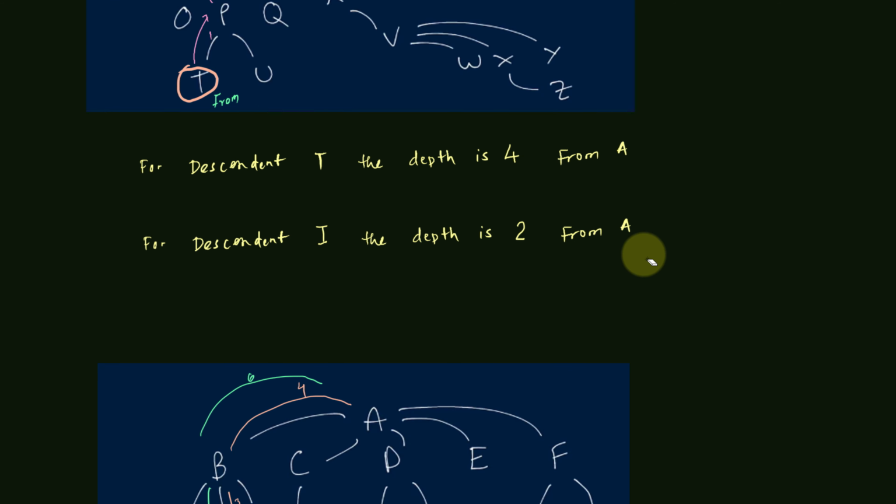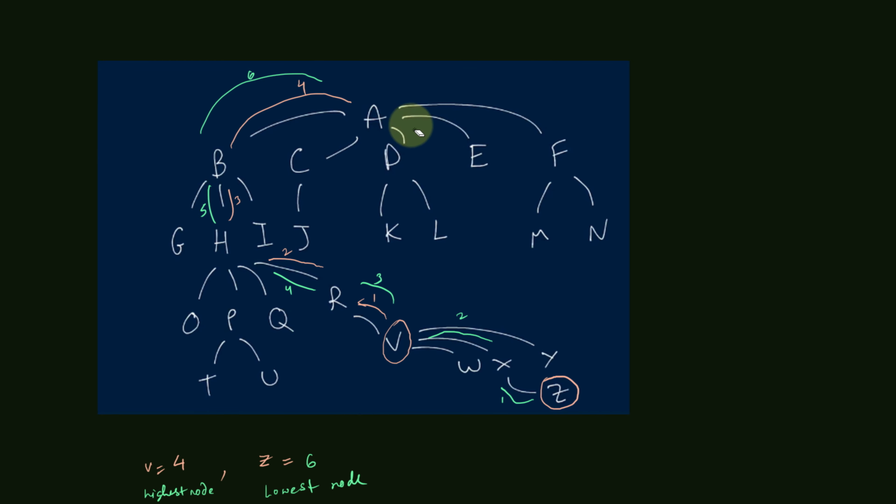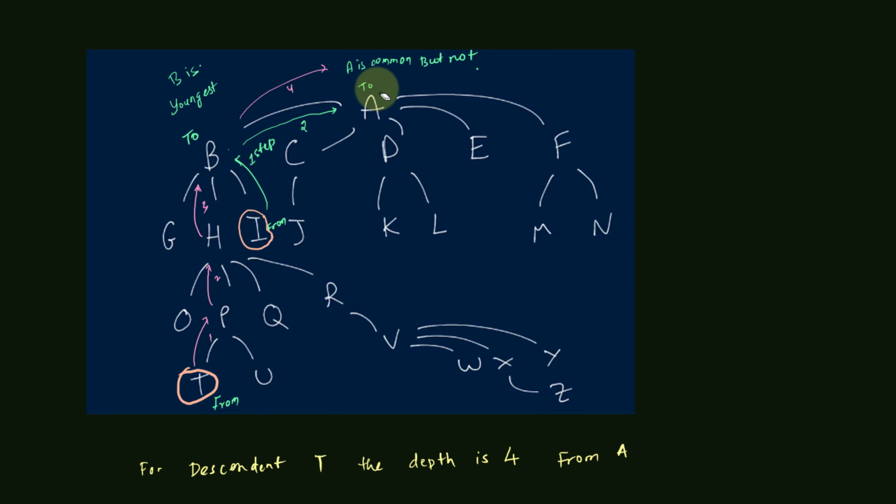Next, in order to go till the value A from T, I have to traverse 1, 2, 3 and 4 times, and in order to go from I to A, I have to traverse 2 times. So you see there is a difference in traversing. If I want to go to the youngest one, which is B, I have to traverse 3 times from T and 1 time from I. So with a regular algorithm, you traverse 3 times and then 1 time, which equals a total of 4 traversals.